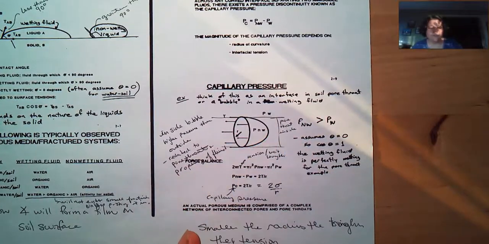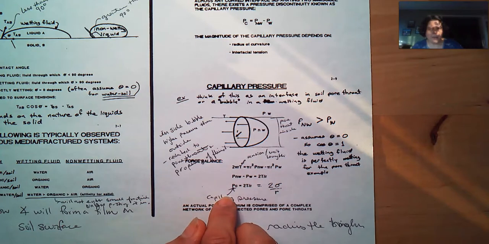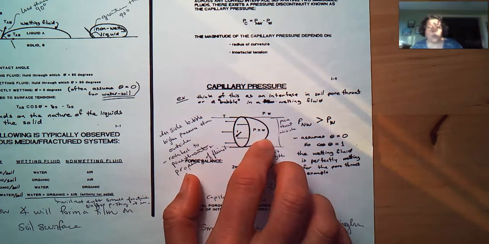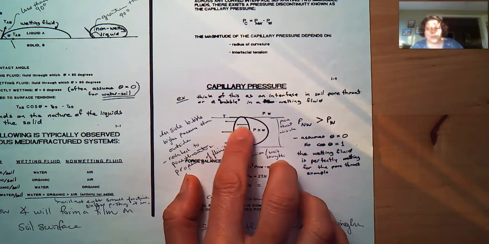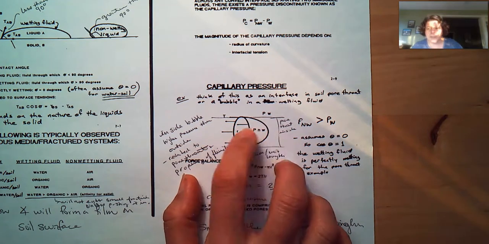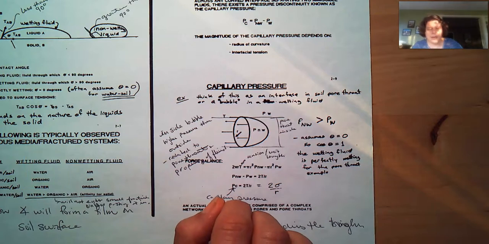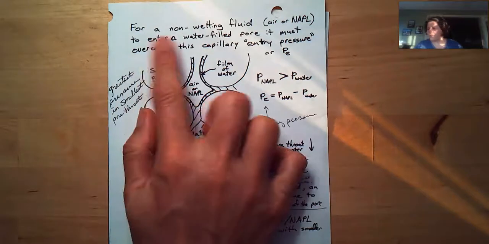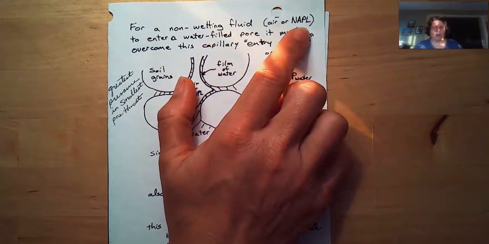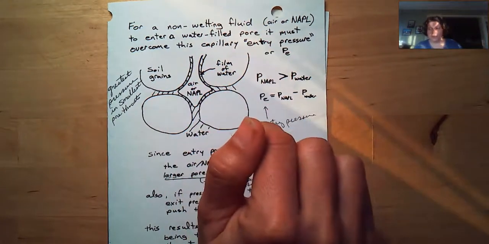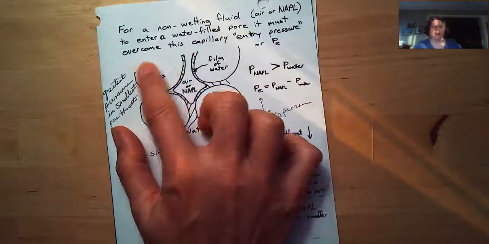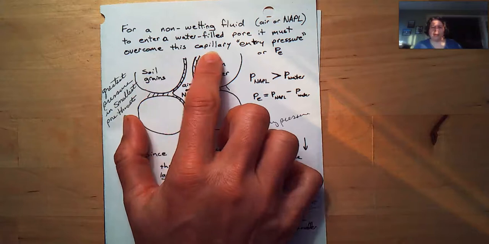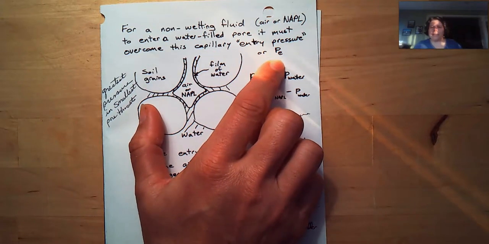And so we can look at the capillary pressure that's pushing on it. This is what's happening inside of your pore throat: how much pressure is needed in order to push that fluid through there. And so this becomes really important. For a non-wetting fluid, so this is our air or our NAPL, if we try to push air into a system, it's actually pretty hard. To enter a water-filled pore, it must overcome that capillary entry pressure. So that's our PE, or pressure